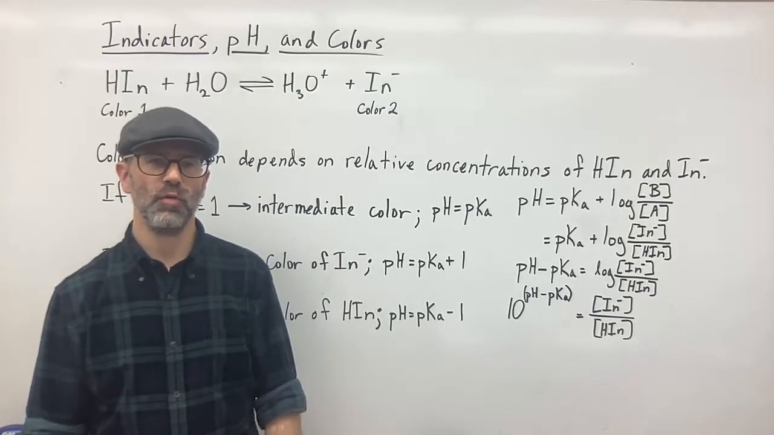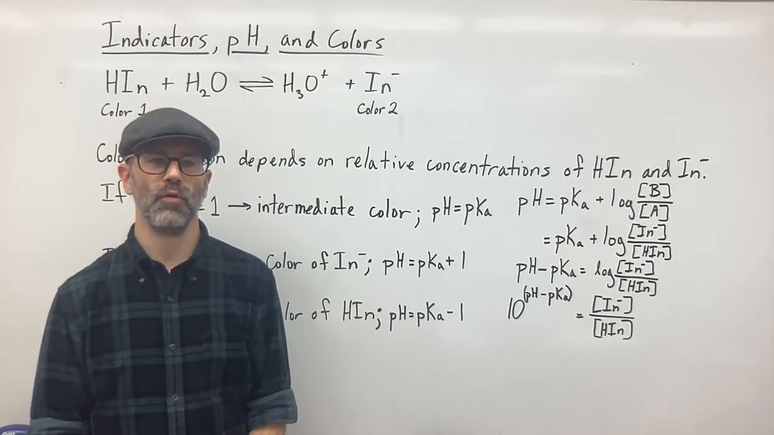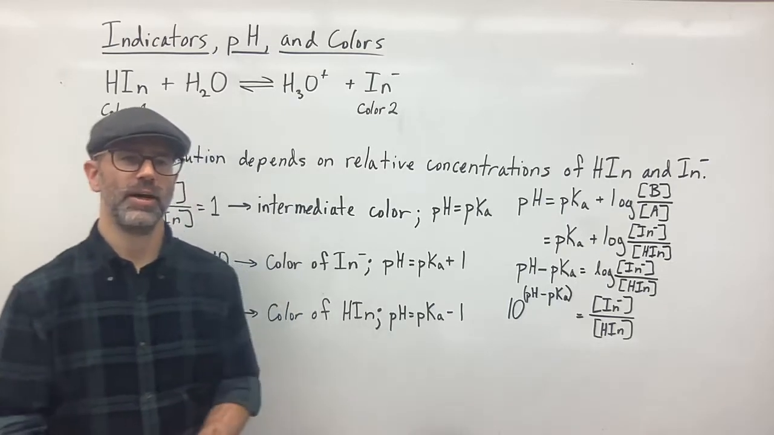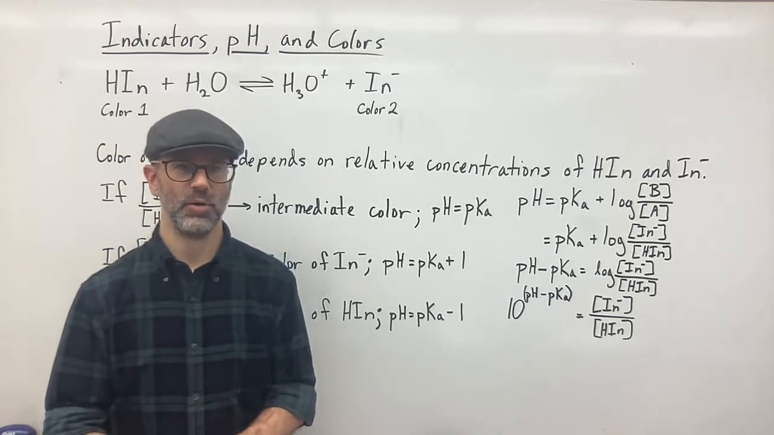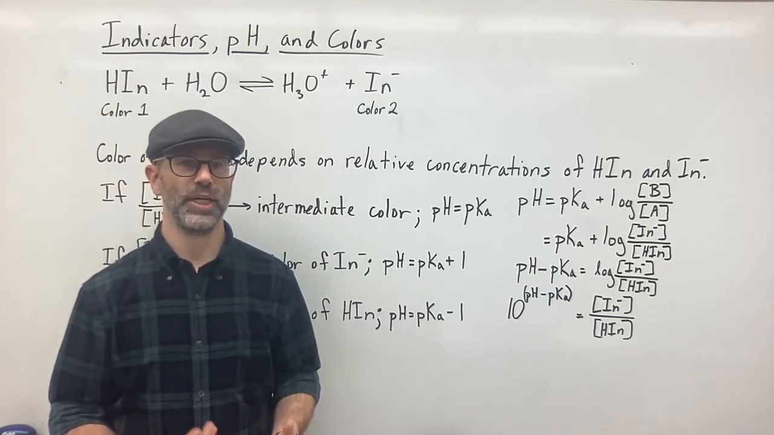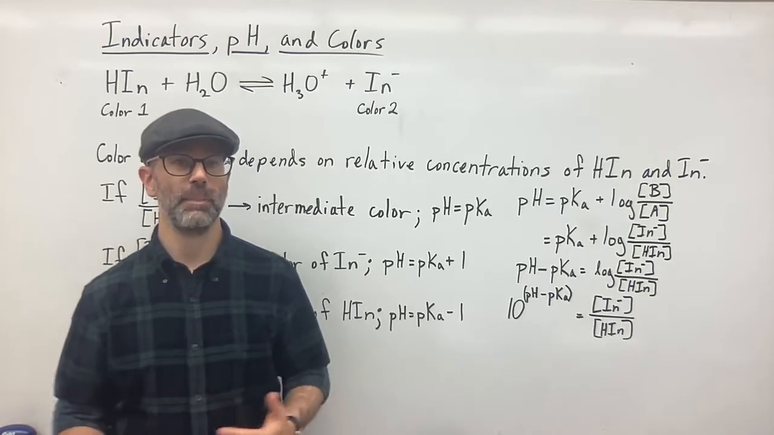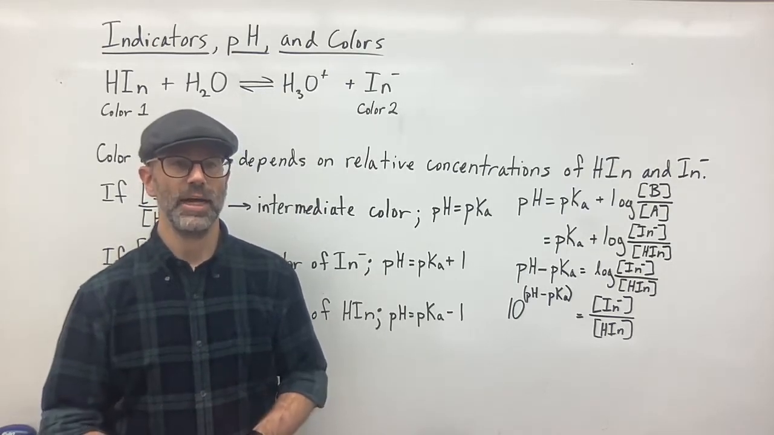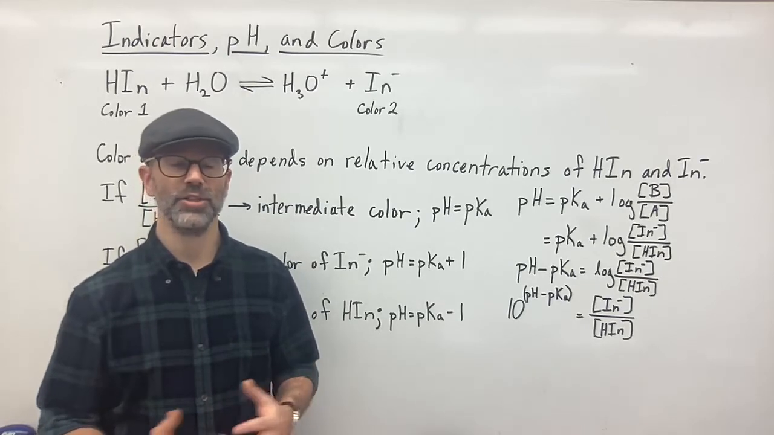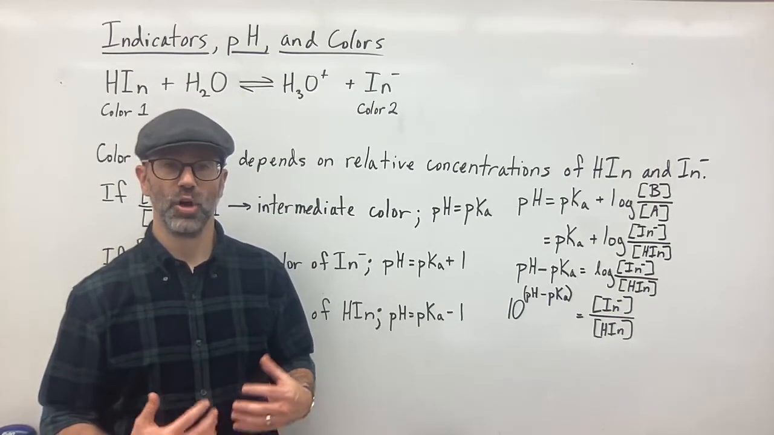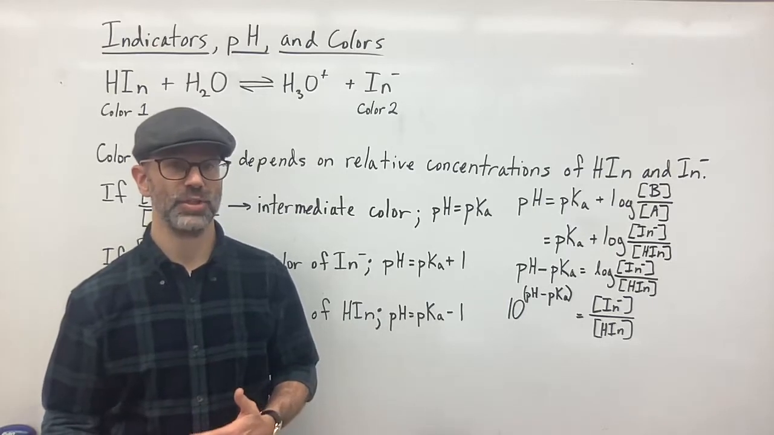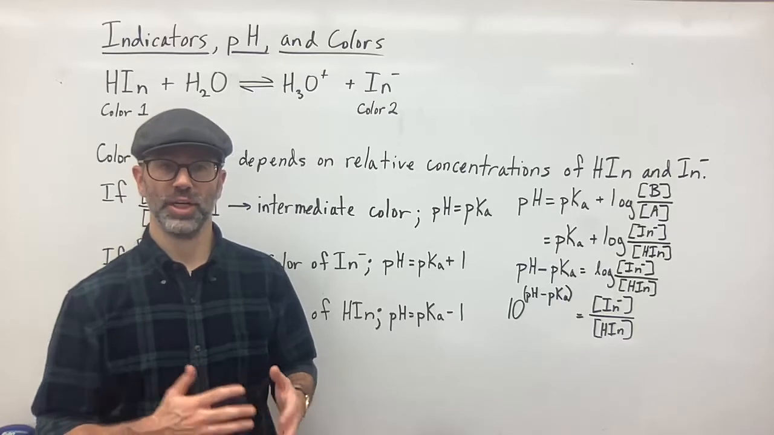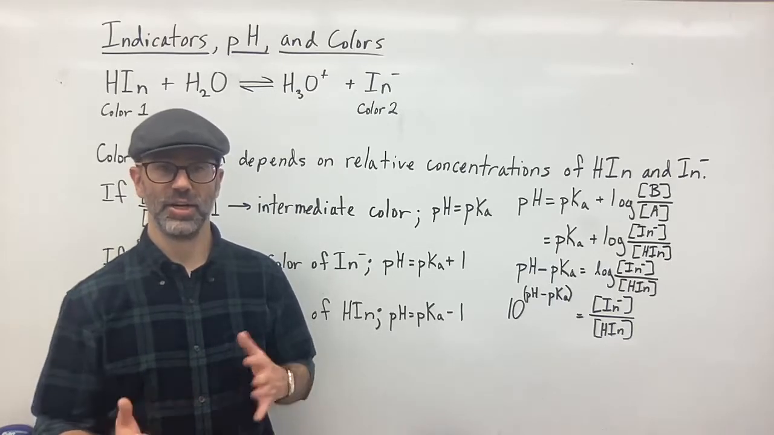My name is Mr. Cobalt, and in this video I'm going to go over indicators, pH, and colors. So first of all, we need to understand what an indicator is. An indicator is a substance that's going to change color depending on the pH of the solution that the indicator is in. Indicators are basically organic acids themselves. So when you put them in water, they're going to dissociate or ionize, and then you're going to get an